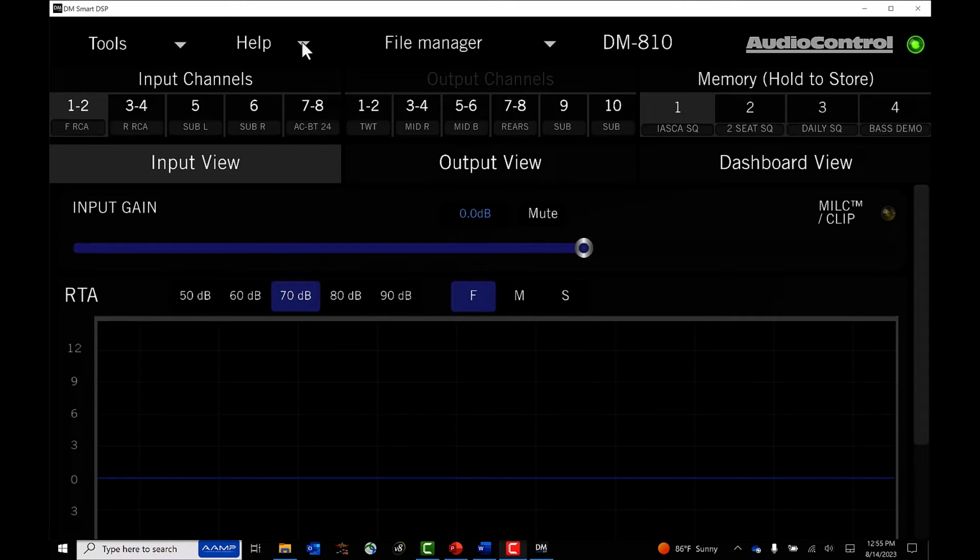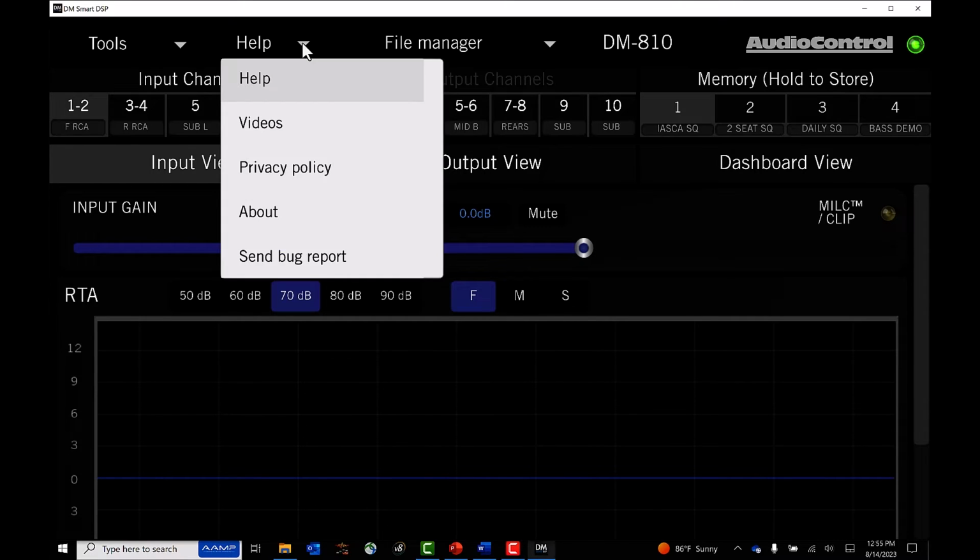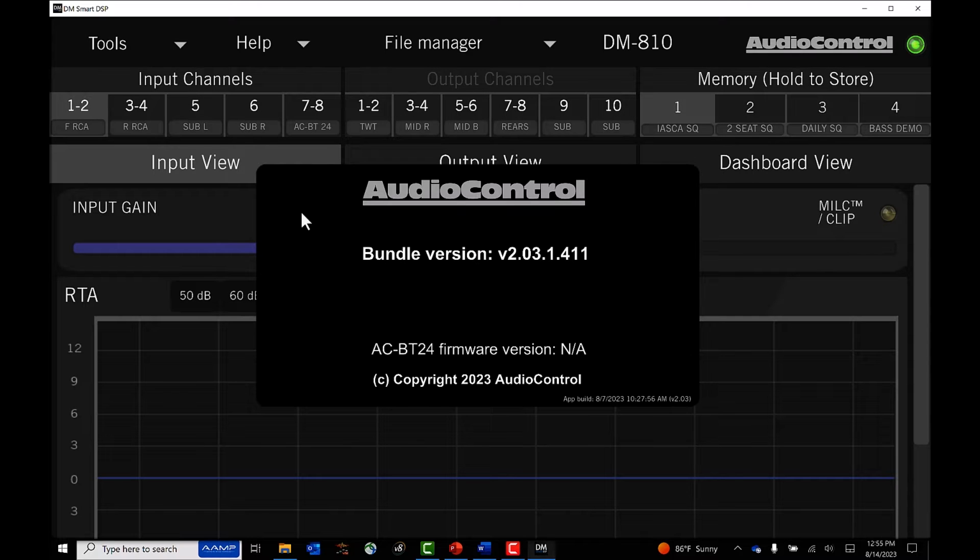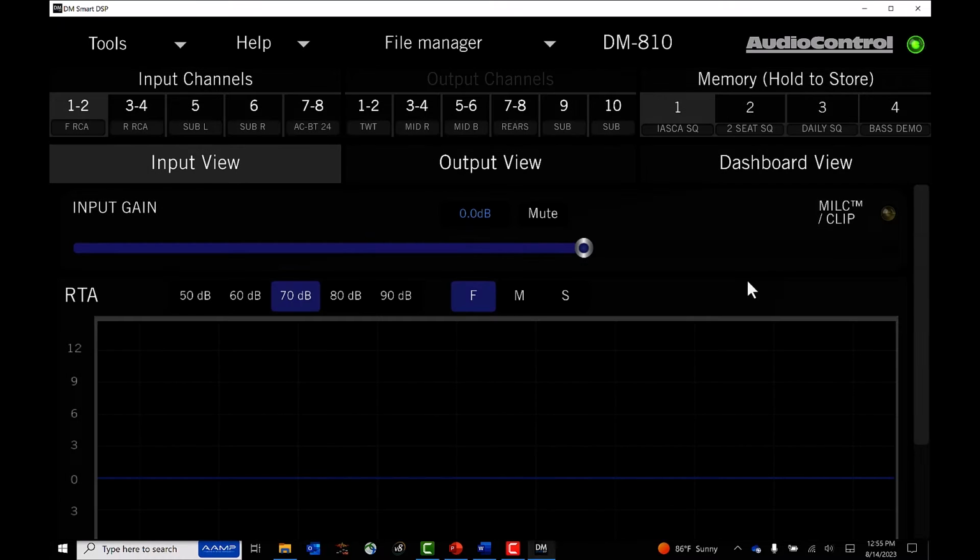software. Verification of this can be seen by going to the Help tab, clicking About, and you can see that we are on version 2.03. Now, let's go over some of the new features in the software. Starting with